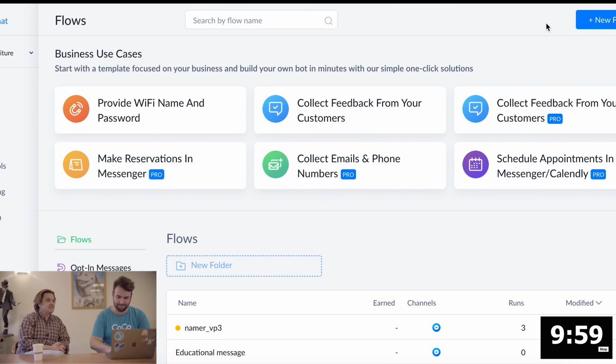Okay, so now that we know the use case, we're going to build this on ManyChat. I'm going to try and follow along. I'm not so technical, but I'm going to try and do my best to follow along with what you're doing. Stopwatch, are we ready to go? And go, Victor. Go. Okay, so the first thing he's going to do is click on New